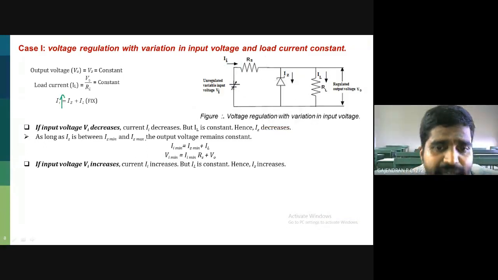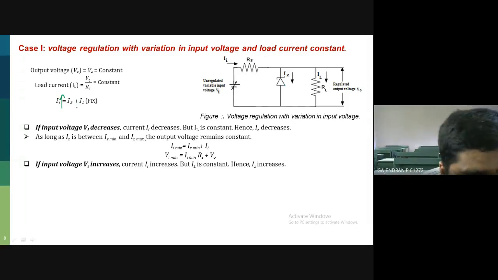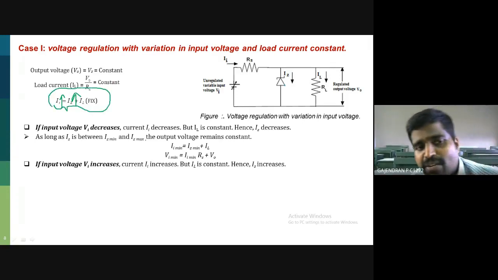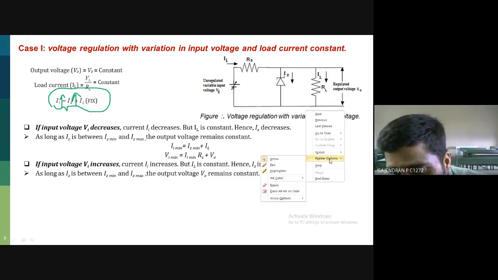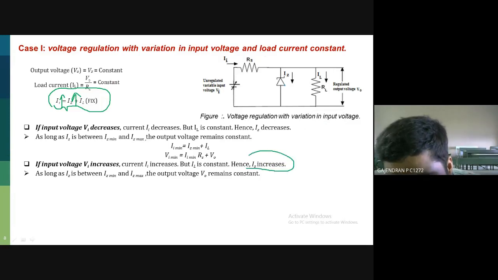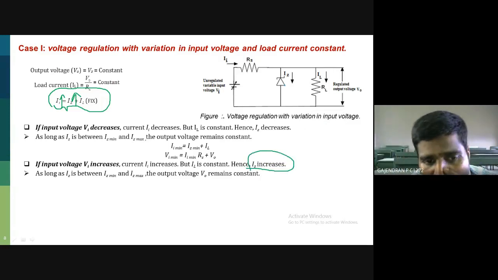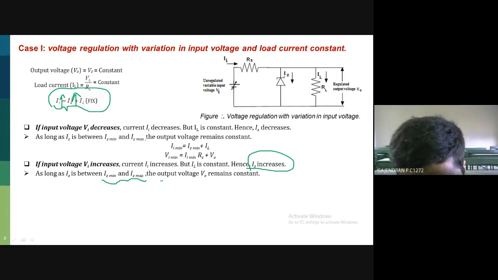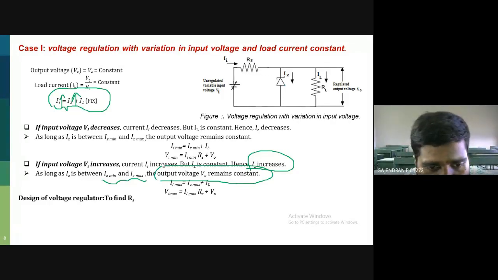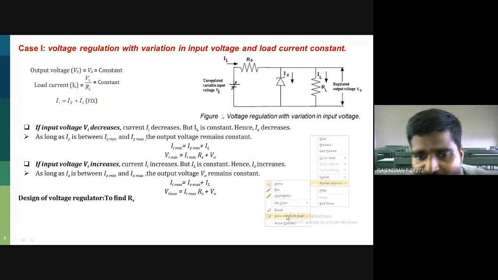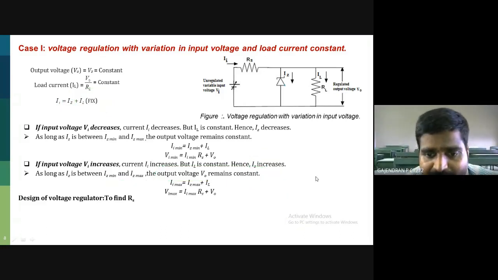So in the current increase on a Zener, I can follow this equation. In the equilibrium I will get it. So thereby my IZ will increase. This also falls between some minimum and maximum value to maintain constant output voltage. So this is the formula regarding the minimum and maximum value. Okay. So with these equations, the